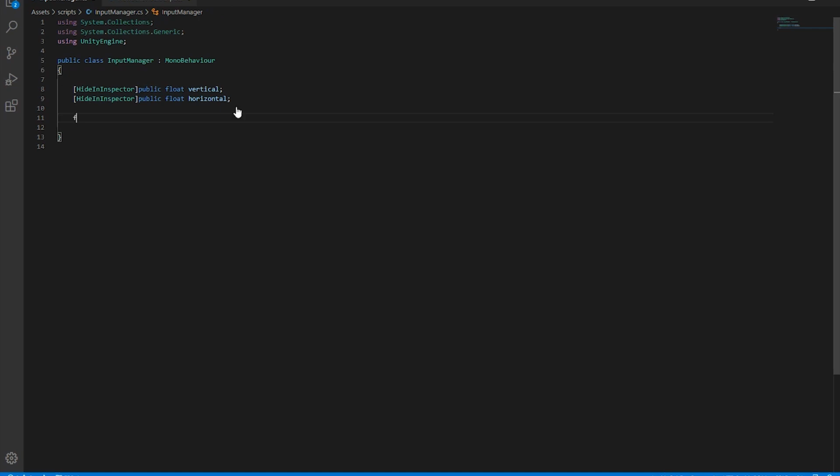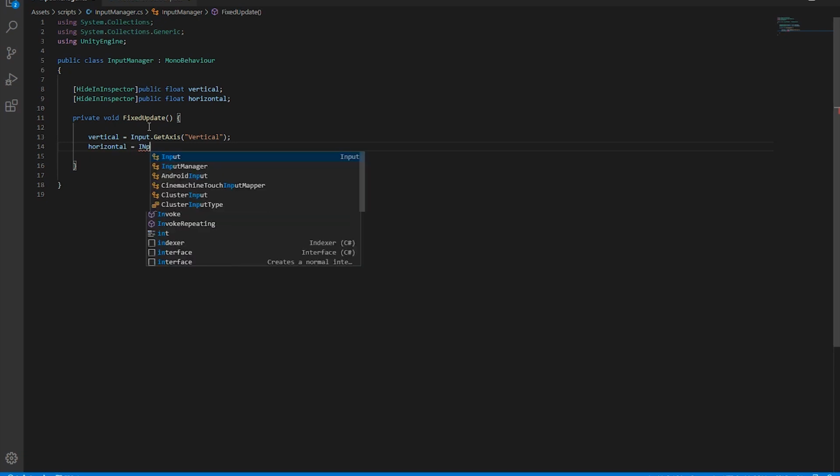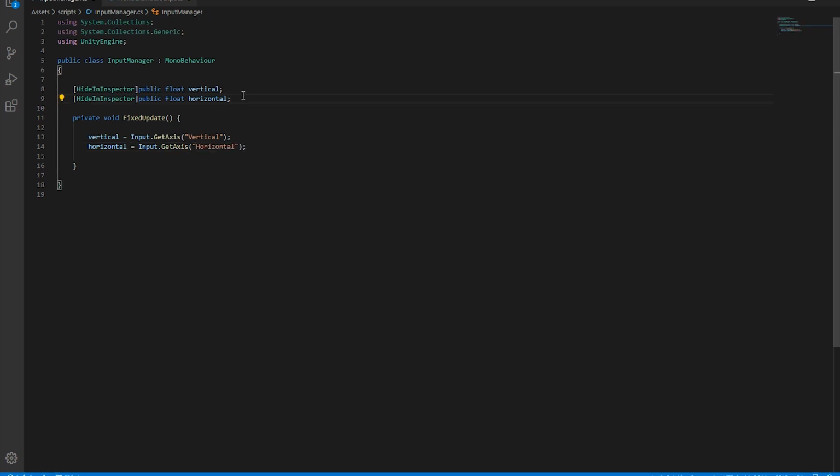Next, we want to do a fixed update, and then we want to initialize these. So like we've done in other tutorials, we're gonna say vertical is equal to input dot get axis vertical. And then for the horizontal, we want to do the same, input dot get axis horizontal. Okay,